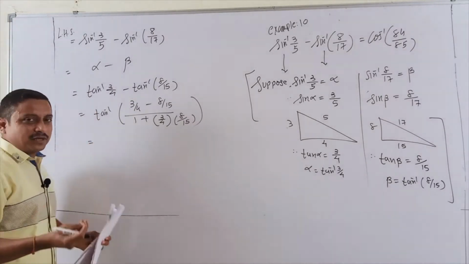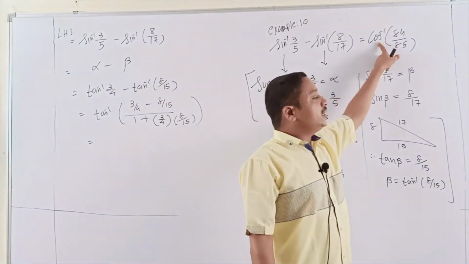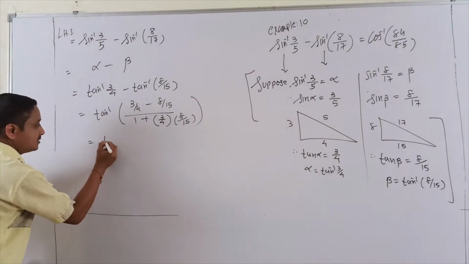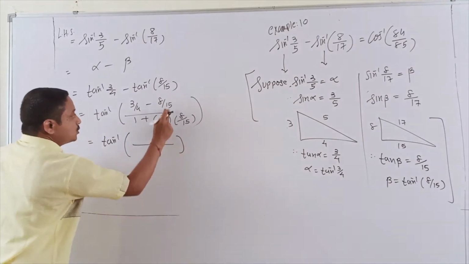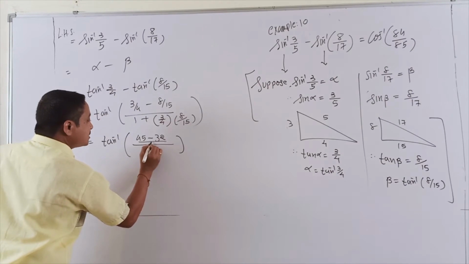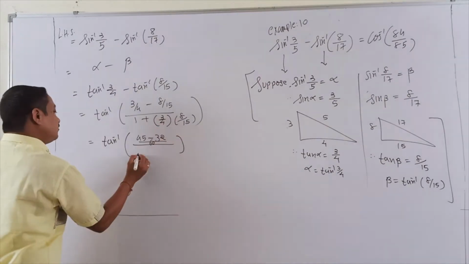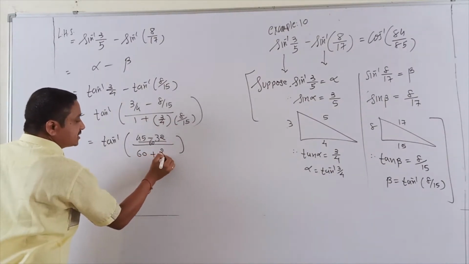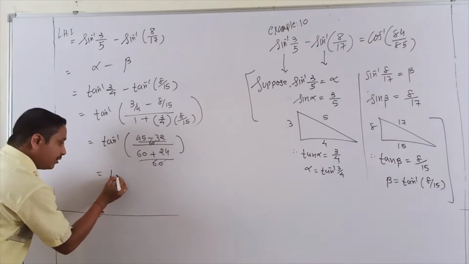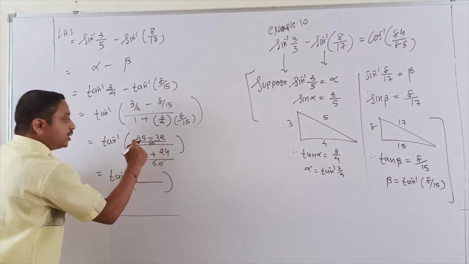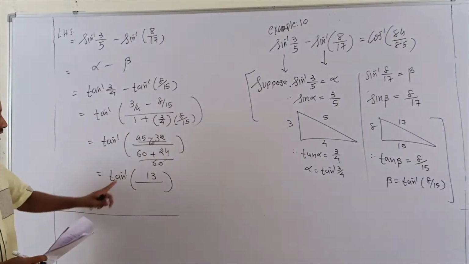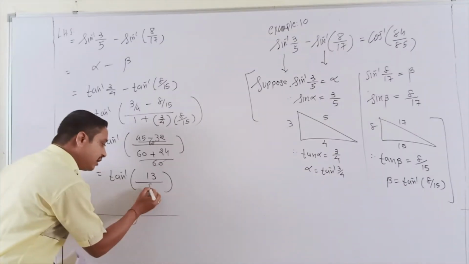Students, it's a very simple and easy solution. I am going to the cos value. Now take the LCM. 15 fours are 60. So 15 into 3 is 45, 8 fours are 32, by 60. Same here, 15 fours are 60 plus 8 threes are 24, by 60. 60, 60 cutting. Only I have 45 minus 32, how much? 13. And 60 plus 24 is 84.